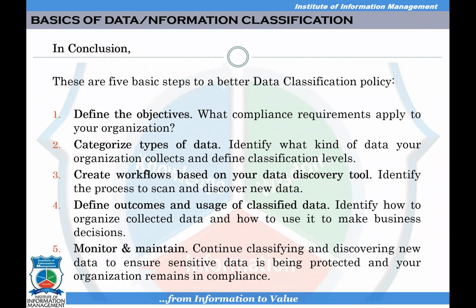In conclusion, there are 5 basic steps to better data classification policies. But this is not, as I said, set in stone. These changes and updates are made on a regular basis. But the main ones I want to concern myself with: 1, you define your objective. Why are we doing this? How does this compliance apply to my organization? What will it do if we do this? Define the reasons why you want to have it. If you don't define an objective, then you've defeated the objective of doing it in the first place, and it's time wasting. So you must define the objectives.